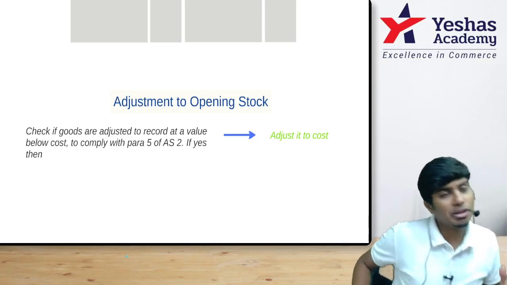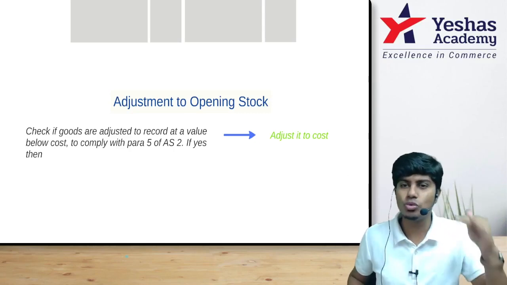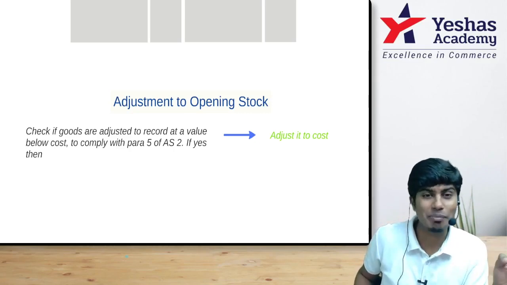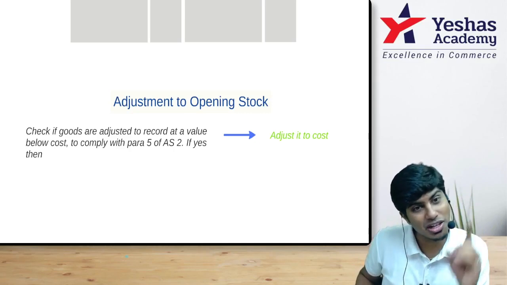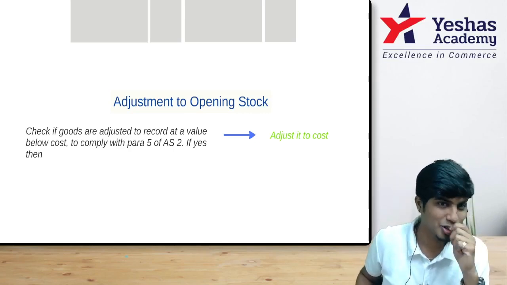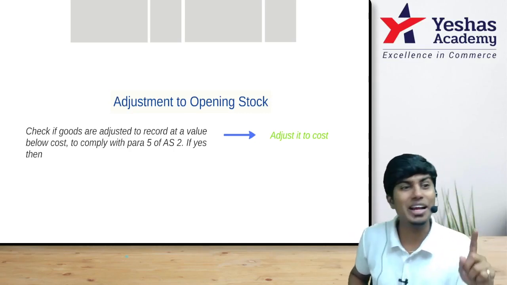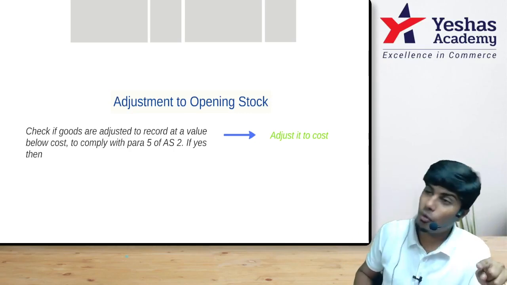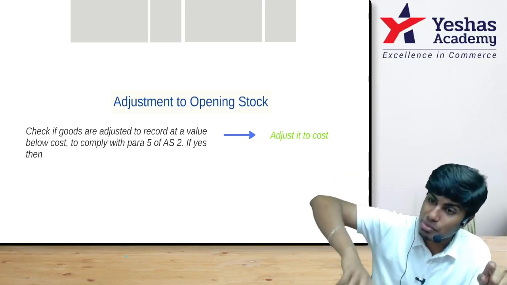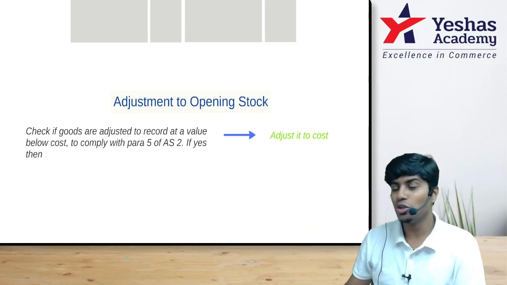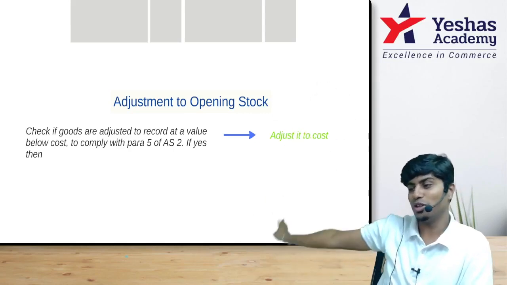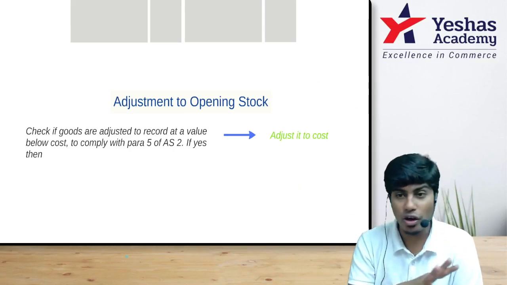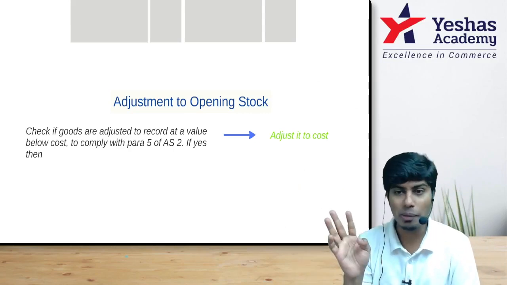But the logic for insurance is, if those goods you purchased at 100 get destroyed by fire, it doesn't matter what the market price of those goods is right now. The insurance company will still accept a claim of 100, because the market price is not considered; the insurance claim is taken on the goods' original cost. Insurance premium is paid as a percentage of original cost, so you will get the insurance claim also on the basis of original cost. So we have no reason to record the inventory at NRV. We will not apply AS 2 here.